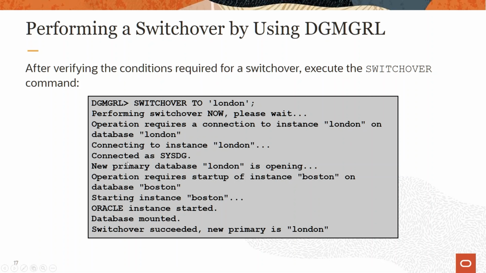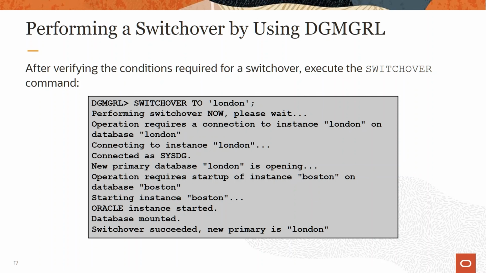So you can wait for completion. At the end, you will see that the switchover succeeded. The new primary database is London. Now it's very simple. If you are using Enterprise Manager or the Data Guard broker command line interface, the switchover operation is a pretty simple task. But if you have to do the same thing using SQL, then you will have to do